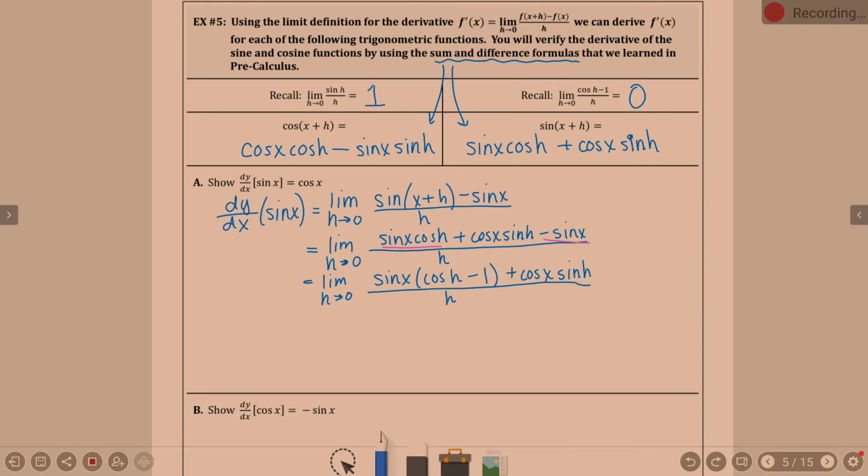Now, I've set myself up to change this into two fractions. Essentially we can think about it as two limits, but when I break one fraction into two fractions, the denominator has to go with both pieces, right? And I'm also going to break it up into two limits as I go. So, we're going to have the limit as h approaches 0 of sine x times cosine h minus 1 all over h